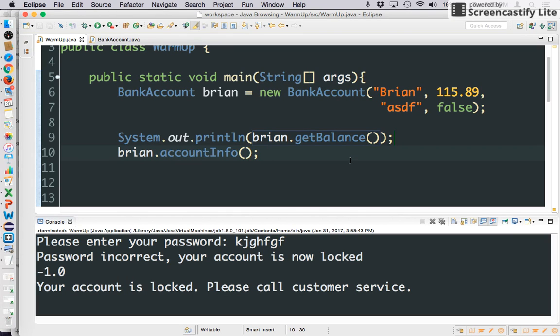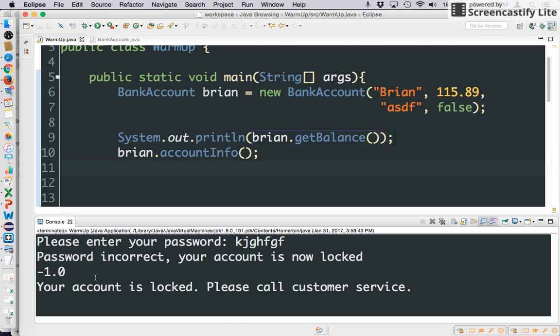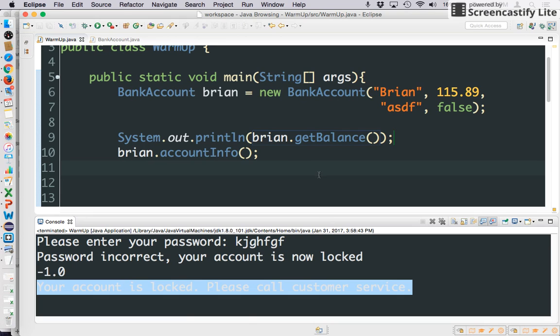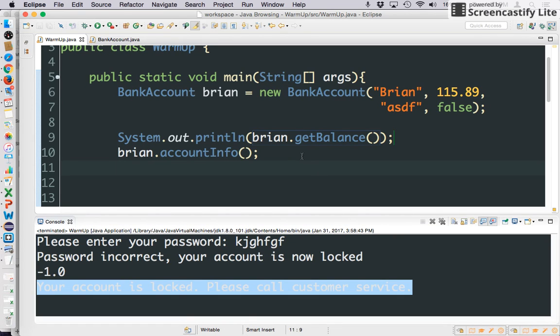So we have this get balance and we have this account info method. The account info is just a void method that prints. Okay, so it doesn't return anything. The get balance returns a double, but only if you get the password right. If you get the password wrong, it gives you -1 and it changes the isLocked variable to true, which basically triggers off all these other processes as well, right? So you can't see the account info after that. Okay. So go ahead and pause your video there, try to implement it, and then we'll talk about the solution